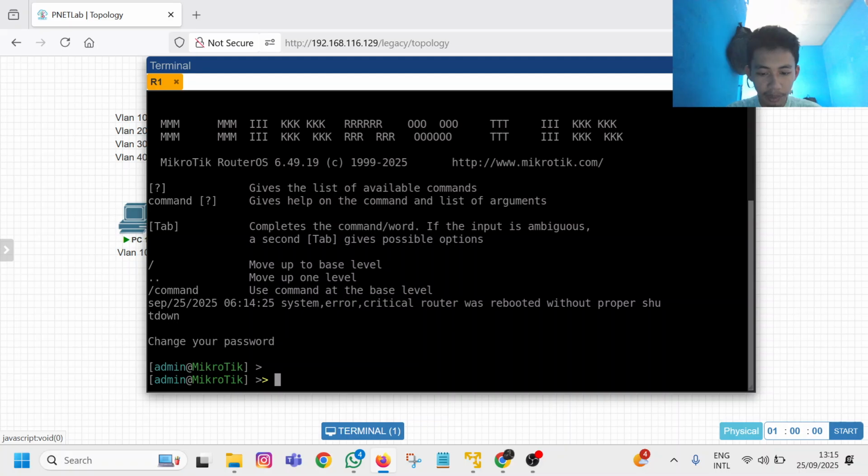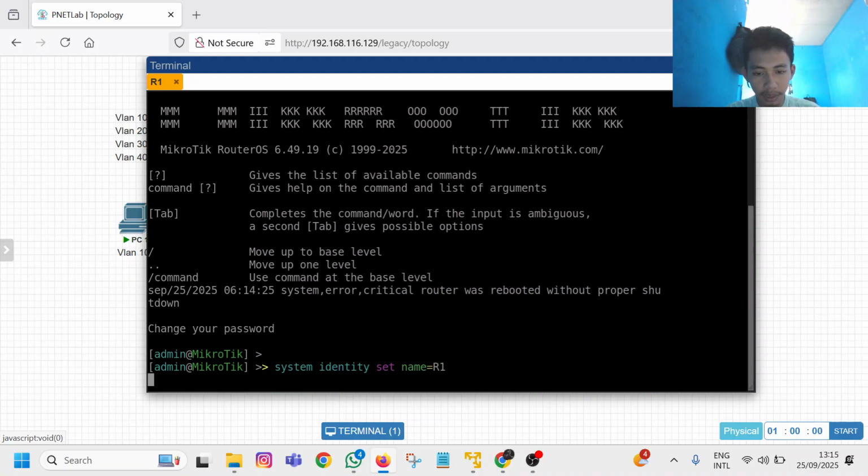Go to system identity, set name to maybe 1 to 1. You can name this router and switch if you want, and you also don't have to name it, but it's an easy way to remember it.